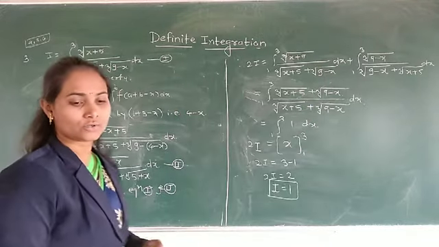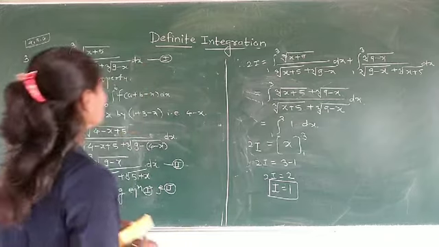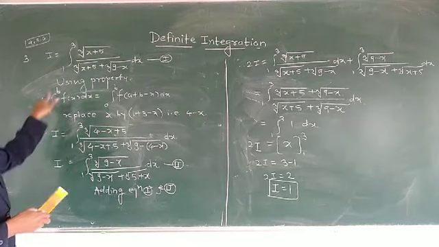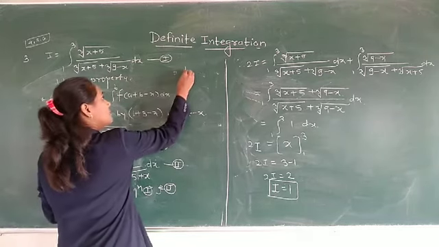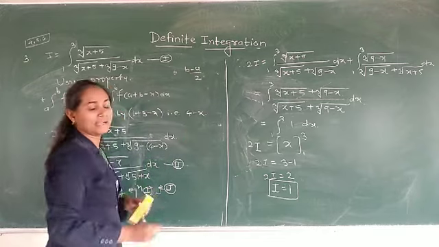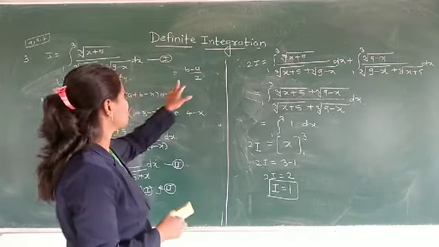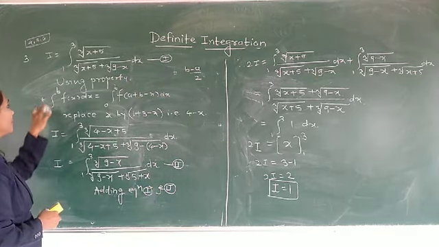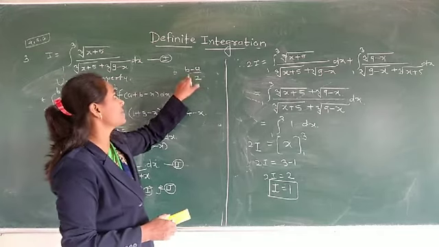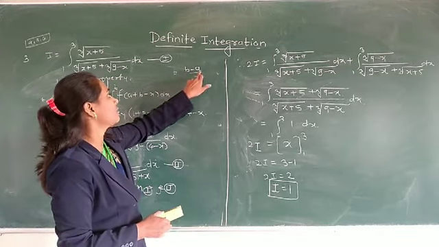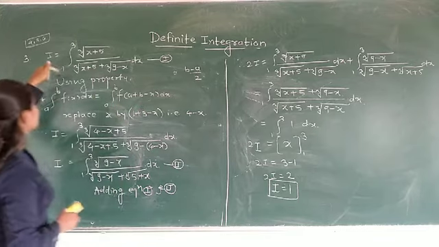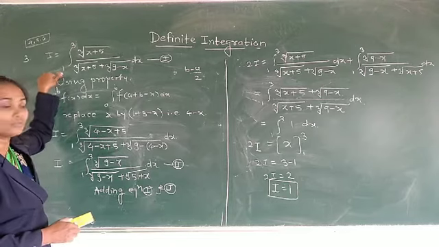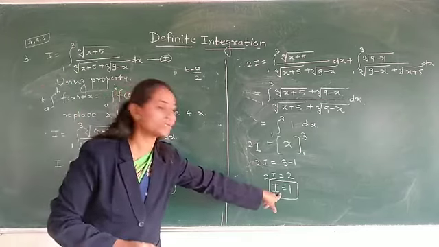Now see the next question. Remember that in this type of question, the integration from a to b of f of x dx, the integral is always (b minus a) divided by 2. This trick is only for this type of integrals. If the limits are in this form, a to b of f of x dx, then the answer is b minus a, that means upper limit minus lower limit, divided by 2. See here in this example, upper limit 3 minus 1 is 2, 2 upon 2, so the answer of this question is 1.